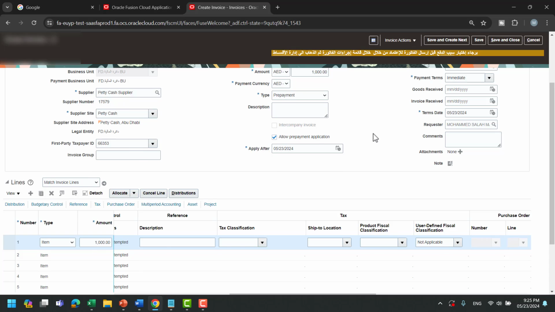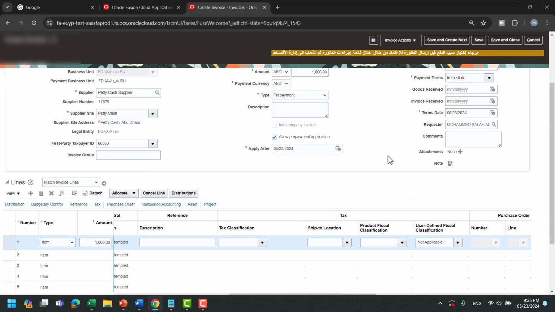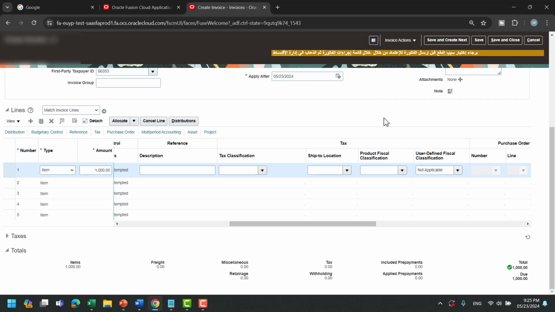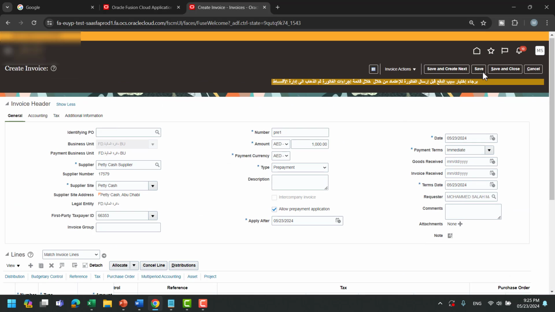Also, if you need to disable the tax on the prepayments, you can make custom rules in tax setup so that once the transaction type is prepayment, the tax will be not applicable. If you don't need to make these rules, you just come here to select whatever rate, zero, out of scope, not applicable, whatever, to disable the tax when making a prepayment. That's it. Save,